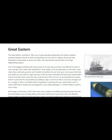Brunel believed, however, that he could solve the coal problem by building a ship so enormous that it would carry enough coal for a voyage to India or Australia without stopping for coal along the way. Great Eastern was 210 metres. Should we just see how long the